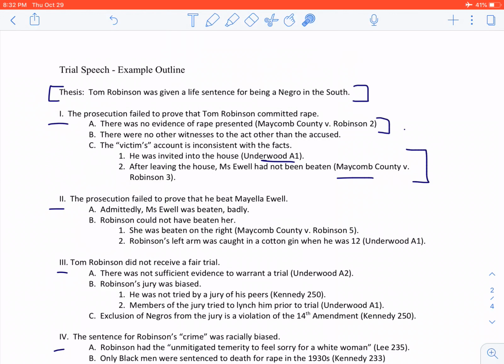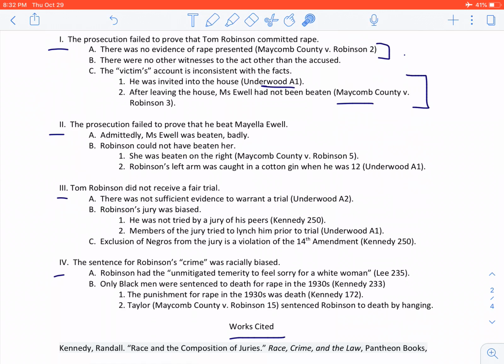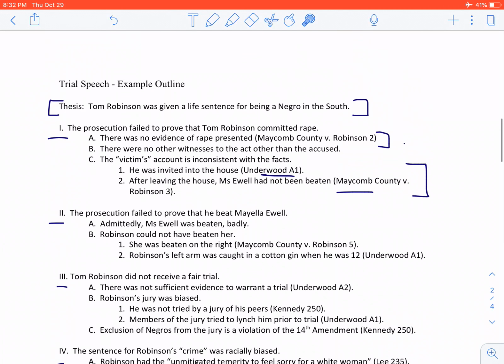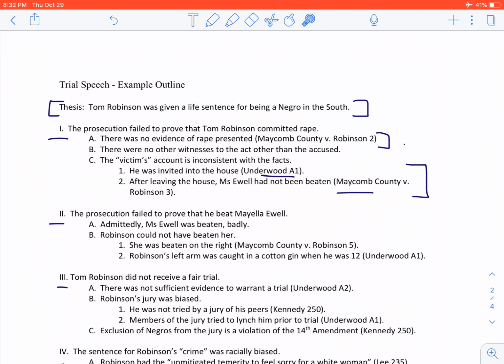So if I look through your argument structure, I should be able to see that as a reasonable argument, where if I believed everything you put down, then I would have to accept your claim. That's what I'm looking for in terms of developing your outline, and if you have a clear argumentative structure, you're going to have a more solid and more well-developed speech. That's all for now. Let me know if you have